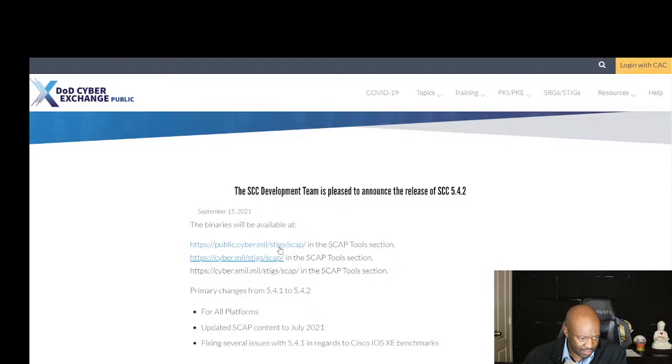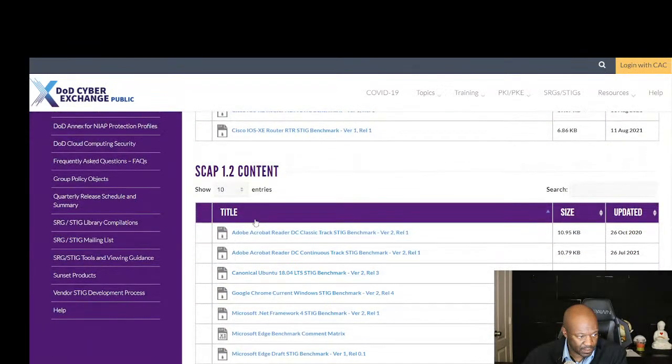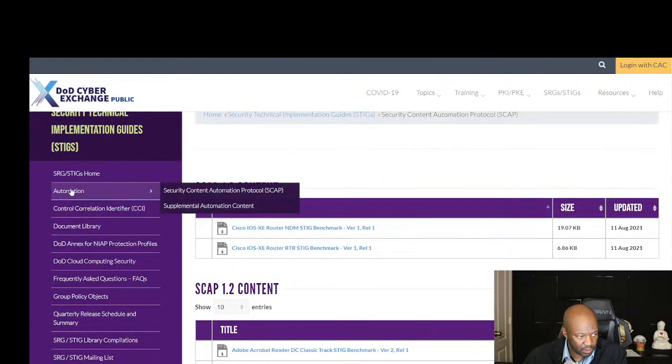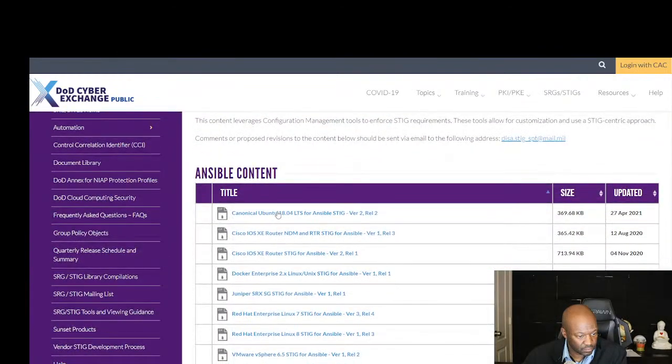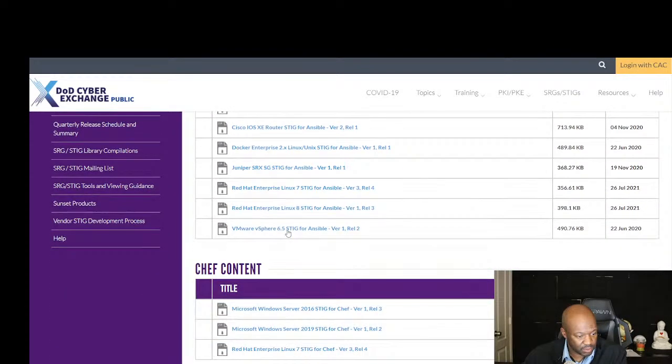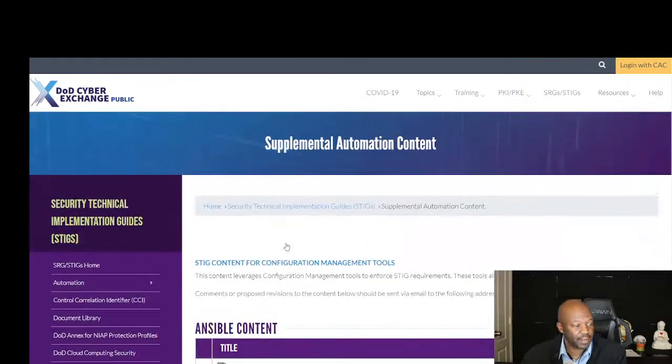STIGs. Let me see. Nope. Don't know if they have the SCAP Tool, supplemental automation content. No, I'm not seeing the actual. I see SCAP, but maybe I could just do SCAP because you can download that one. Okay. Anyway,